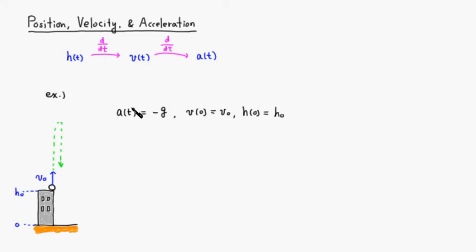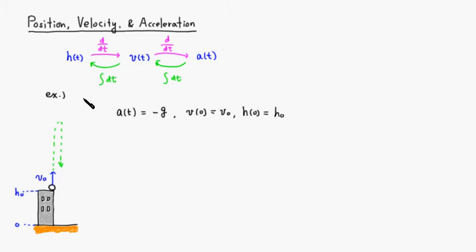Then if you want to go backward, we can use the antiderivative. So if you want to go from acceleration to velocity, we can take the antiderivative with respect to t, right? And then if you want to go from velocity to position function, you can take another antiderivative with respect to t,